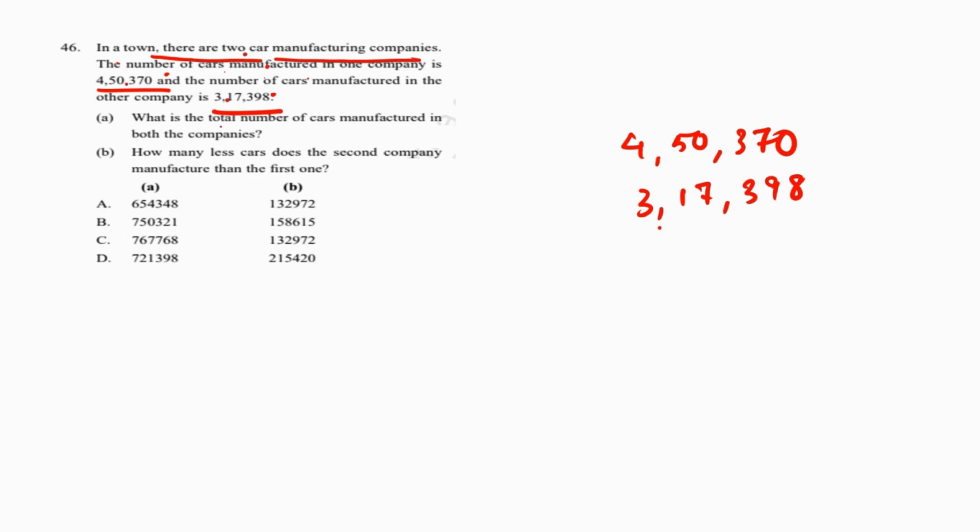Next question. In a town, there are two manufacturing companies. The number of cars manufactured in one company is 4,50,370. The number of cars manufactured by the second company is 3,17,398. So what is the total number of cars manufactured by both of them? So we just need to add them. And when we add them, we would be getting